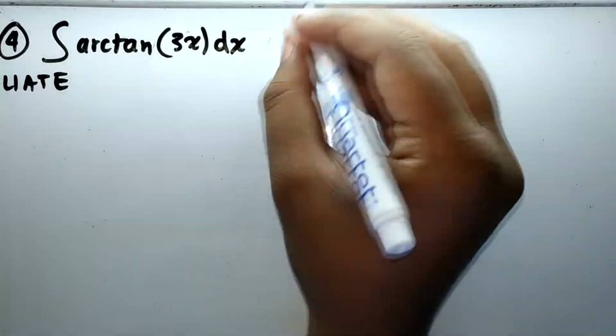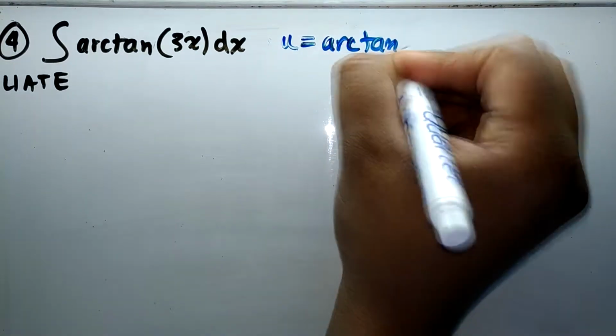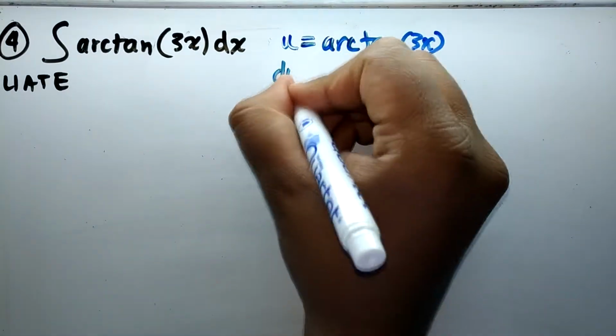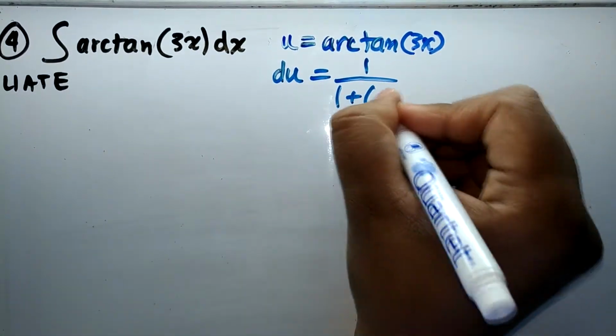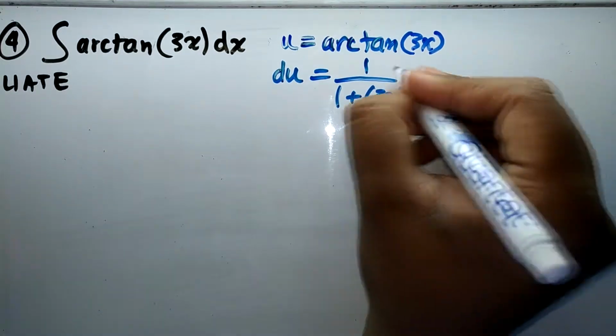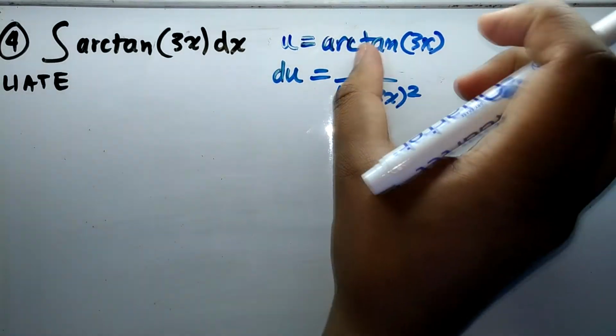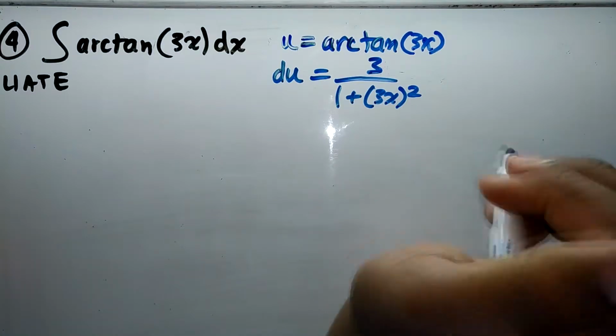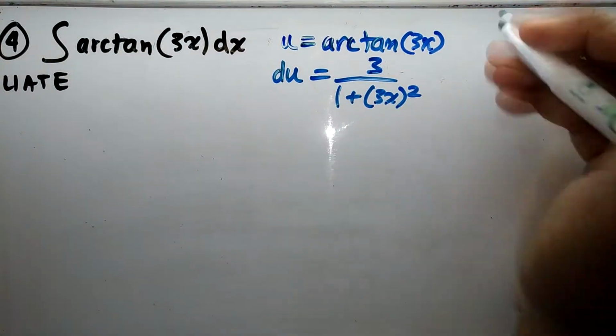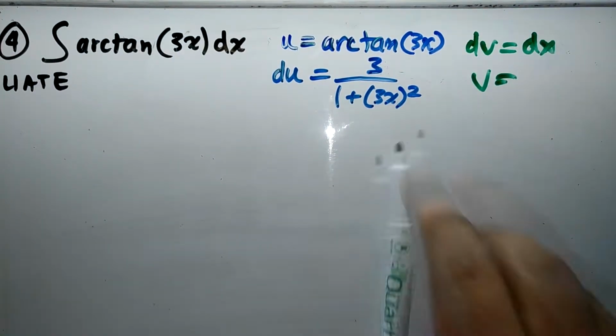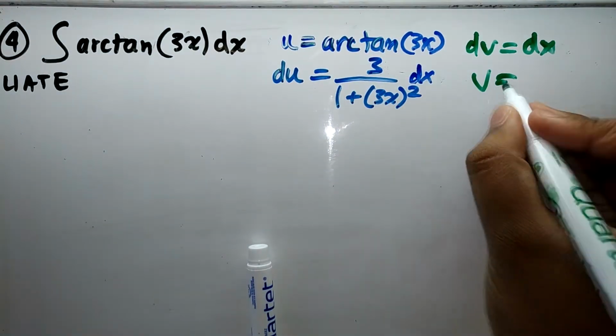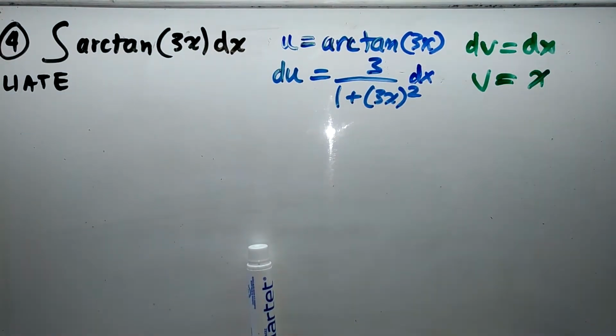Now let's look at the integral of arctan 3x dx. So from the LIATE rule, arctan is inverse trig, and so we can just let u equal arctan 3x, and then if we differentiate that, we just get 1 over 1 plus (3x) squared times the derivative of 3x, which is 3, and then dv is just dx, so v is going to be x,